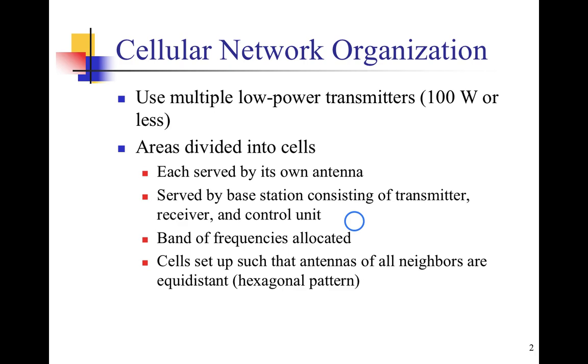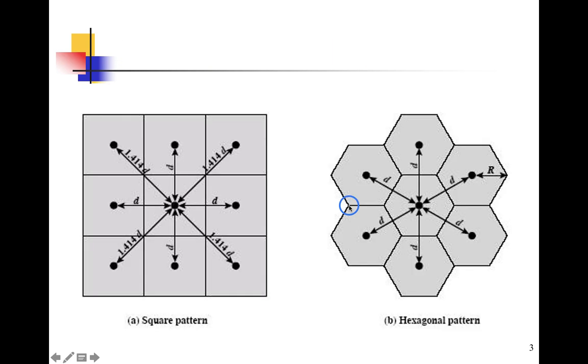allocated frequency band, and cells are set up such that the antennas of all neighbors are equidistant, meaning that they are equivalent in terms of distance between cells in a hexagonal pattern. So we will see this one in the next slide. All right. So this is what we call equidistance. The D is